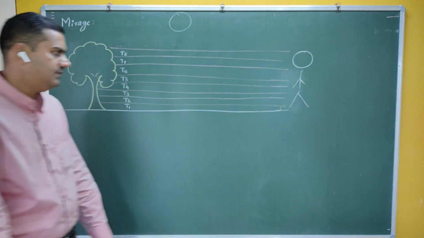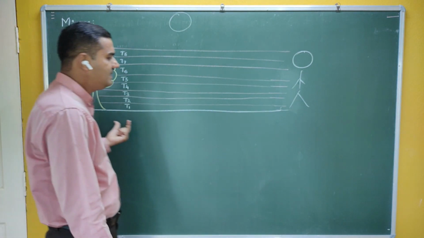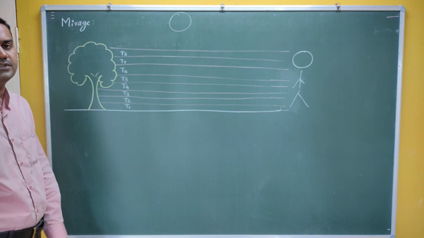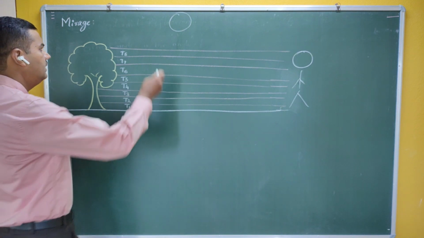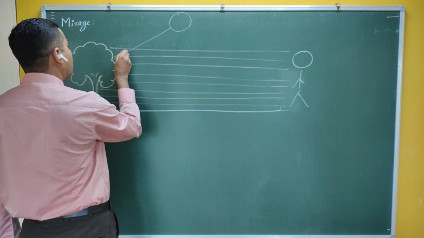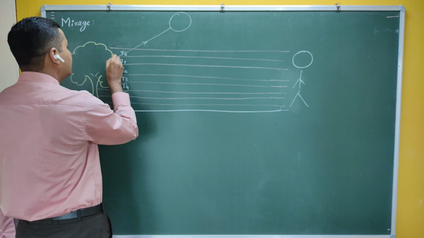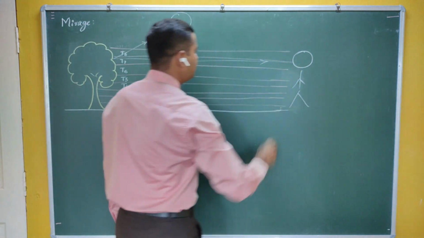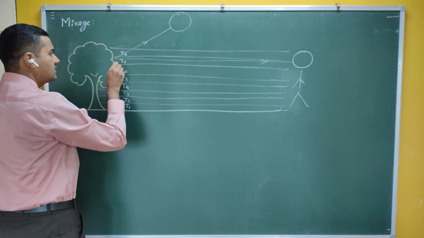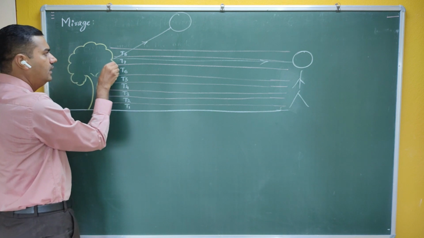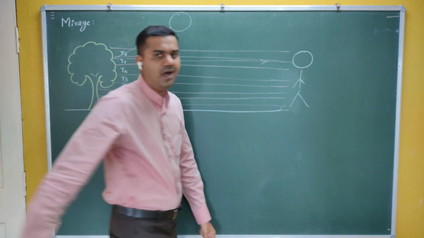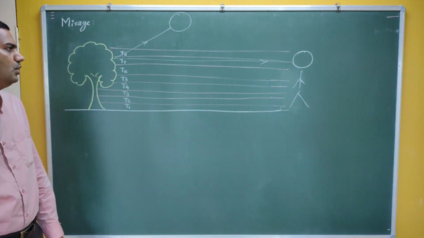See, in ordinary cases, this observer can easily see this object here. Why does this take place? Very simple. It is due to reflection. The light rays coming from the sun fall on this particular point on the tree and get reflected. As they get reflected, this person can see the object. You can see the leaves here. If there is one more ray, it falls like this. Light rays fall on this particular leaf, get reflected, and fall on the retina of the eye, so the person can see the object.